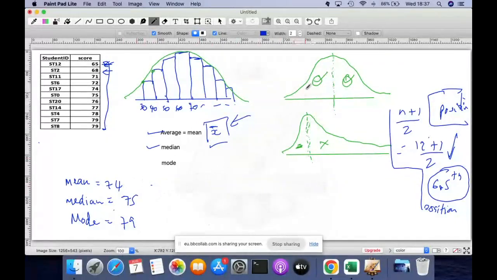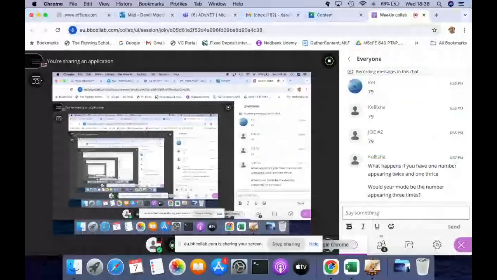Now, if you know these three central measures, you can actually determine what shape this distribution is. What you need to take away from this is that when a distribution is symmetrical, like this one, like bell shaped, when it's symmetrical, then